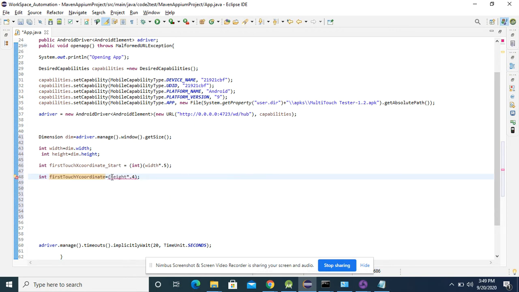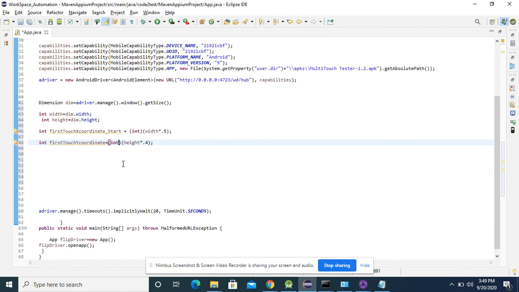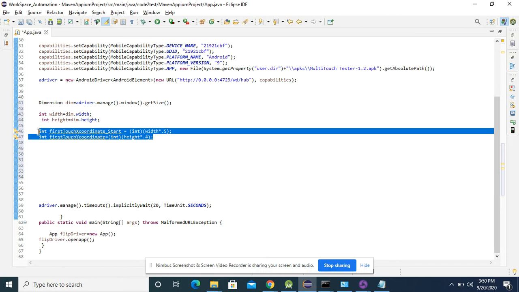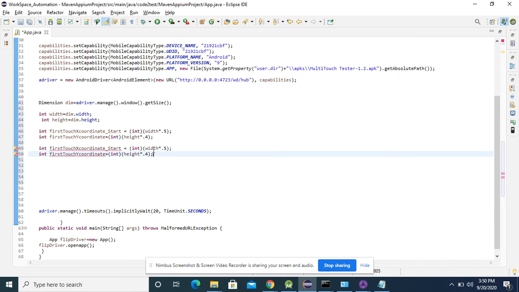Okay, so again, let's typecast to variable. So it got typecast. This is my first touch x coordinate, source coordinate. Now I will take it in the destination coordinate. I just need to change the dimensions. I'm taking it somewhere over. This is the end coordinates. Just hold on, I will tell you what I'm doing.